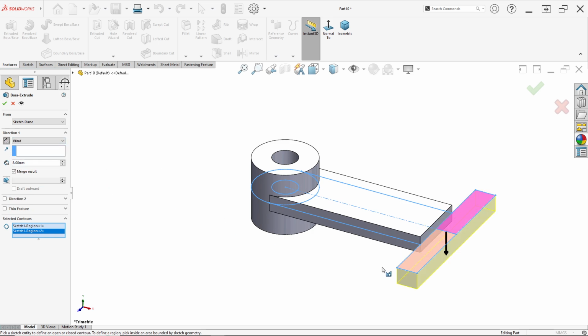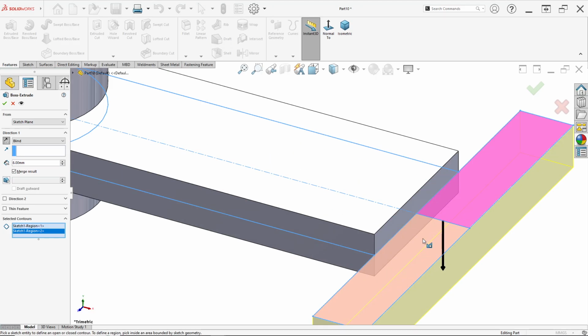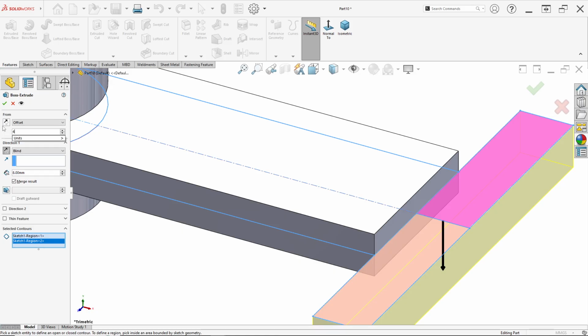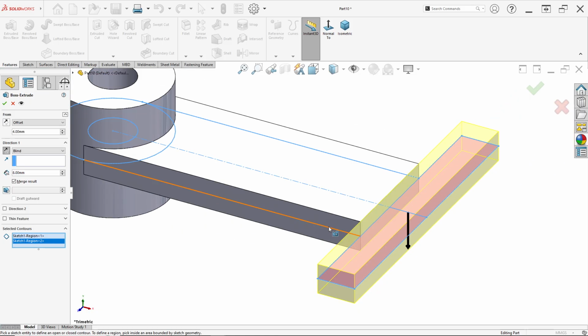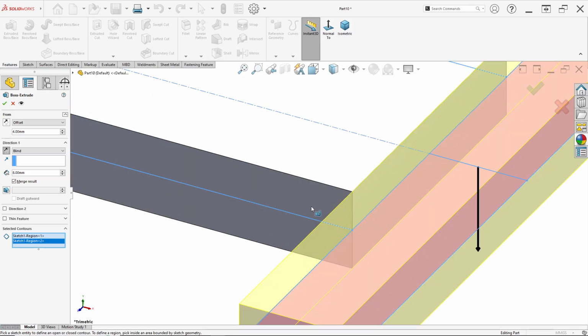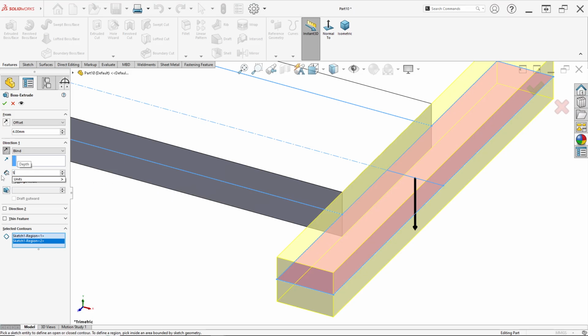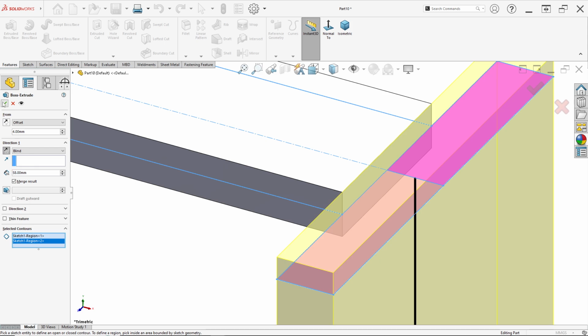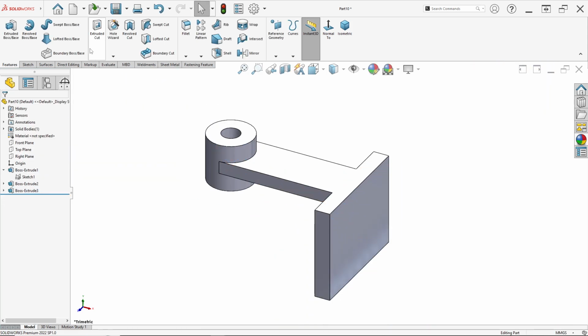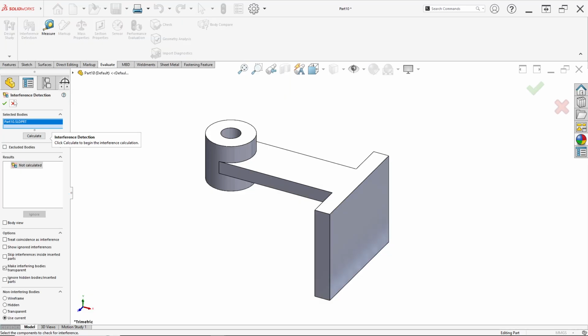Direction we can reverse to bottom, but in here, this face to this face has distance of 4, so we can set an offset of 4 millimeter, because thickness is 8, so half, this to this is 4. The length in here is 58 millimeter. Click OK.